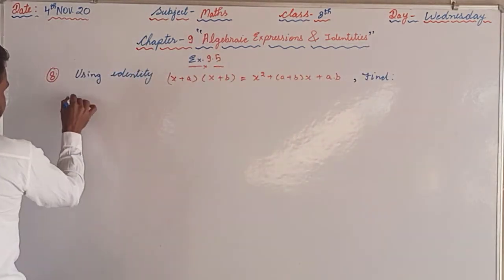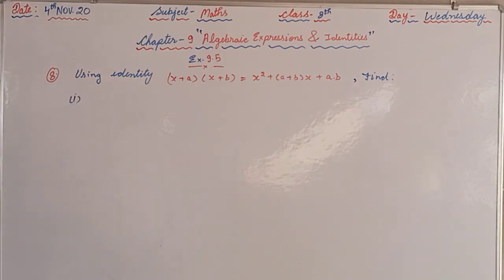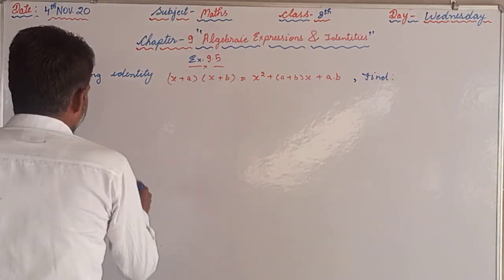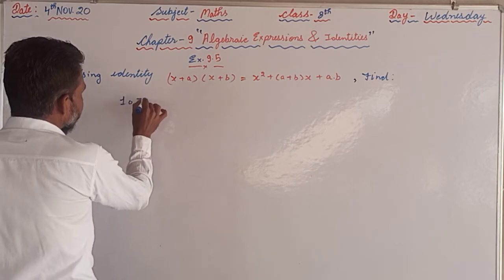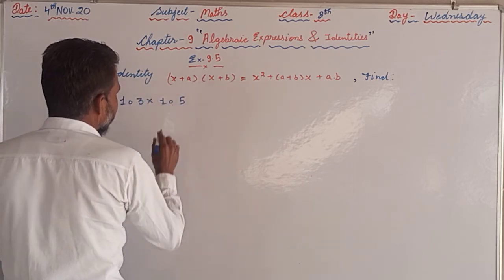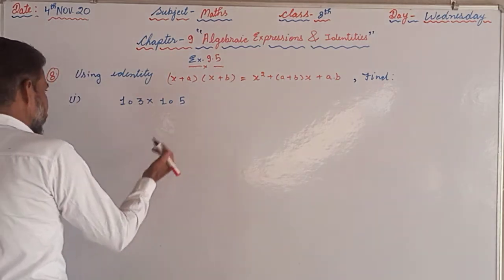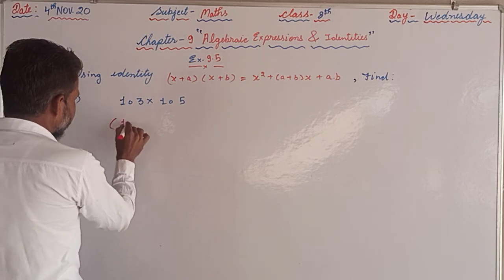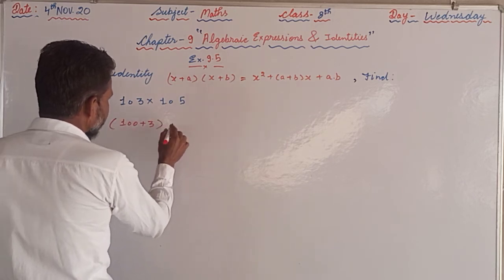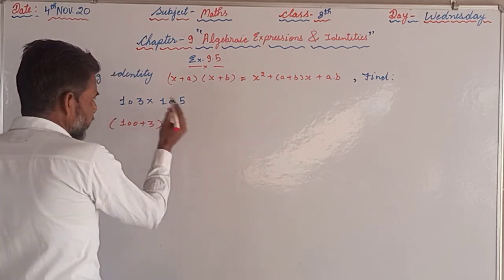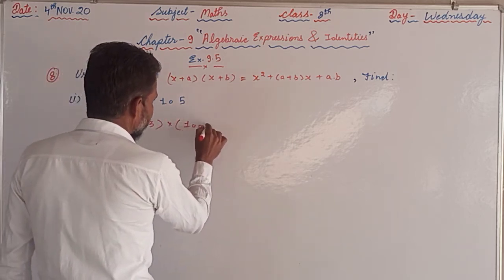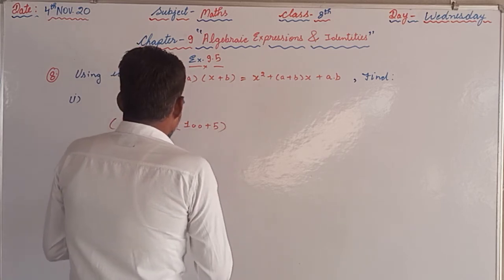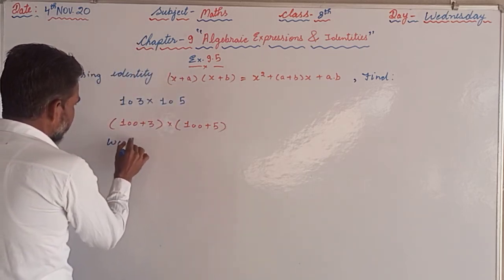the first part, and the first part is 103 into 105. First of all, we are supposed to modify those numbers. 103 we can write as 100 plus 3, and 105 we can write as 100 plus 5. So now afterwards we can write, we know